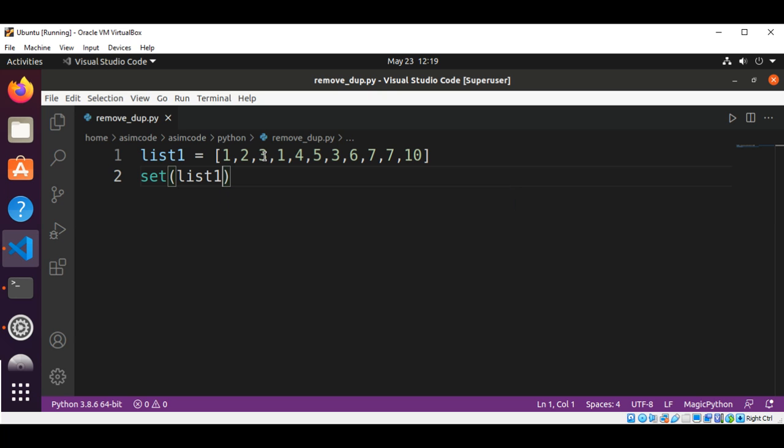And if we want to convert it back to a list, then we are going to pass the result to the list function. And now we can print our list. I'll save it into another list, list 2, and now I'm going to print our list,